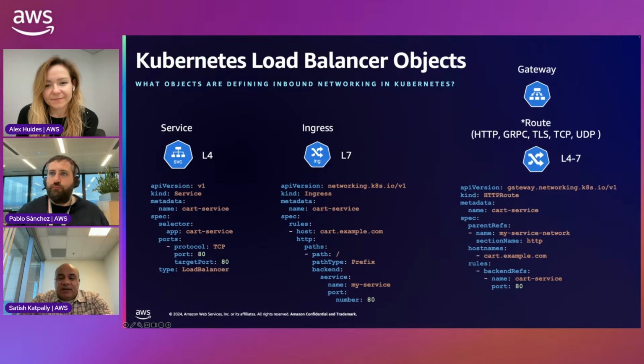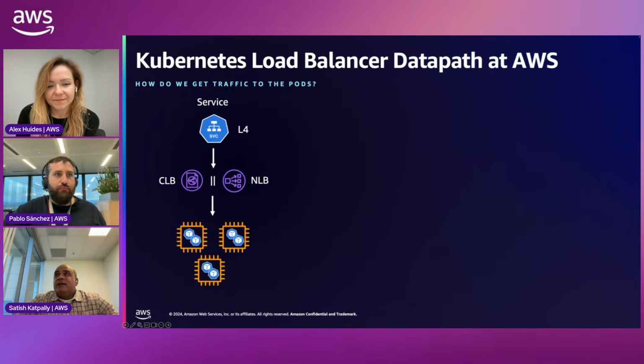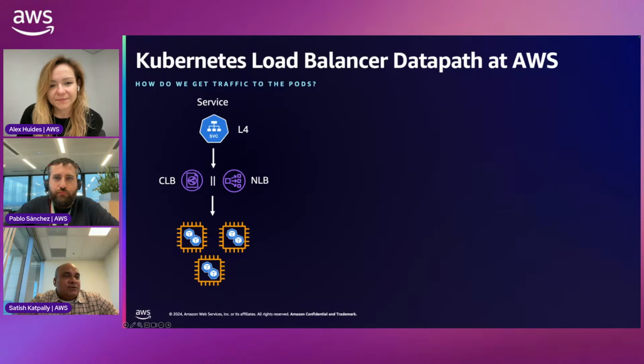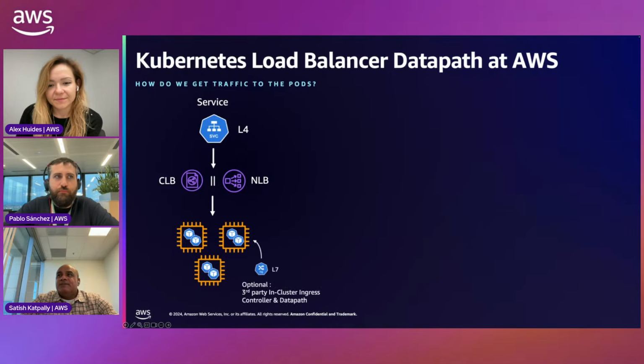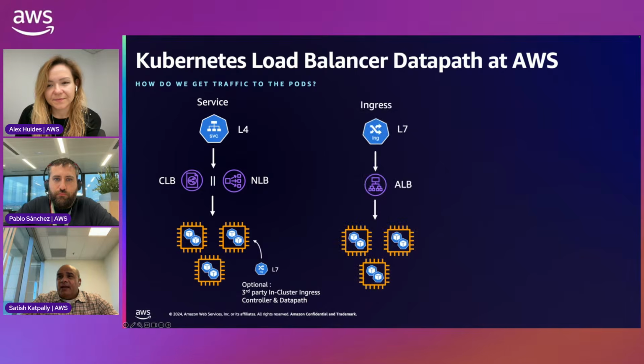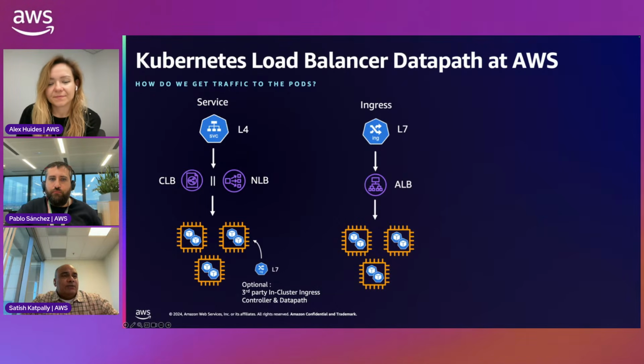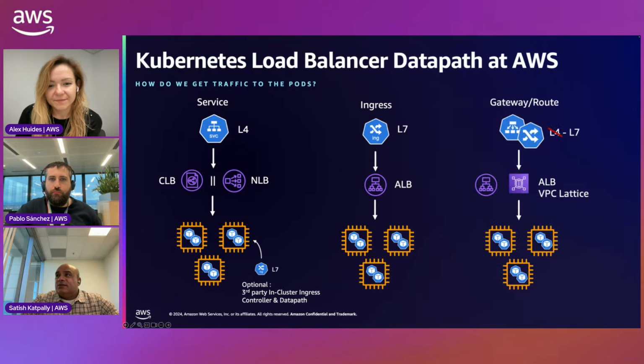And so in terms of implementation, what happens next is how we decide what data paths to create based on these. If it was L4, sometimes we create a classic load balancer, sometimes an NLB, depending on the actual CRD you told us in the Ingress APIs. And then if it's an Ingress, then we spin up the ALB in front of your clusters, depending on where they're running. And these are all still Ingress APIs, so you still have to do one cluster, a single cluster at a time.